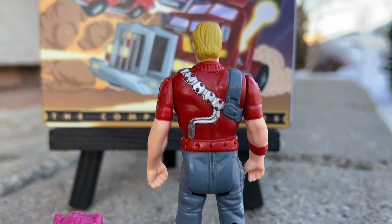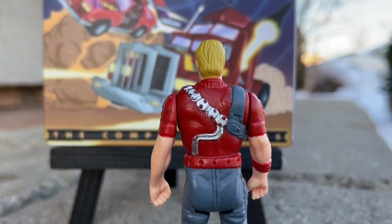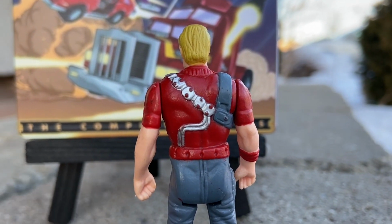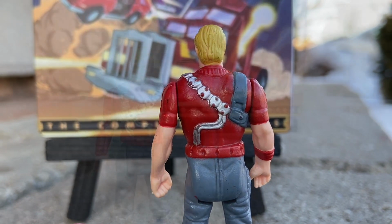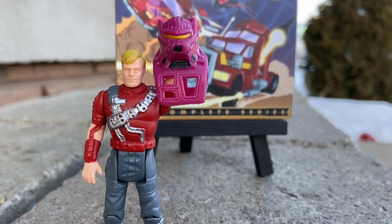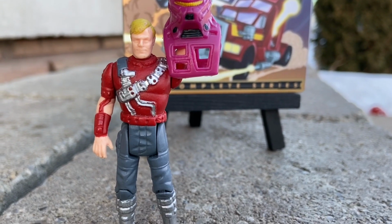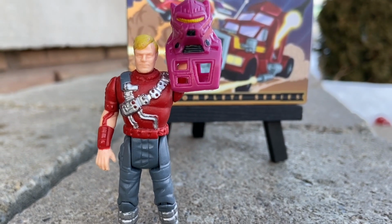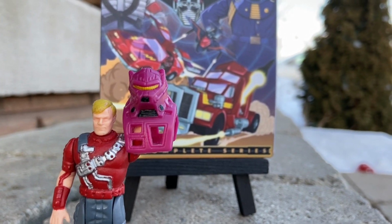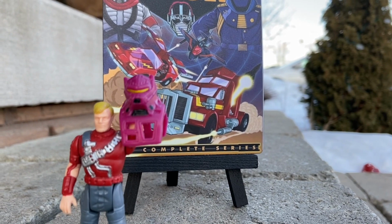I never made a note of this in any of these videos. These are 2-inch action figures, so they're very small scale. So their face sculpts are, as you can see, pretty basic. But again, if you're putting them on display like I'm doing here with a comic or a nice backdrop, it looks really cool. This is really vintage retro, and I really thoroughly enjoyed filming and collecting these this past week and a half,